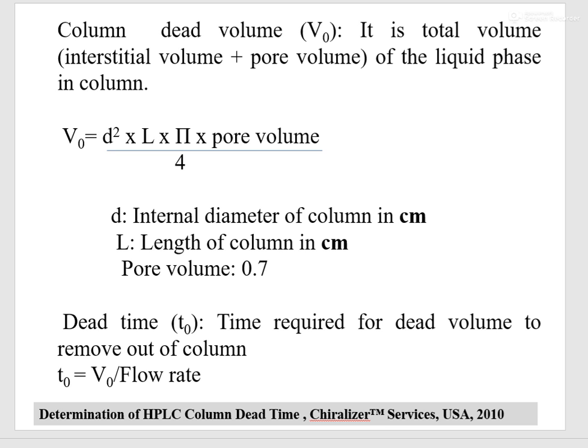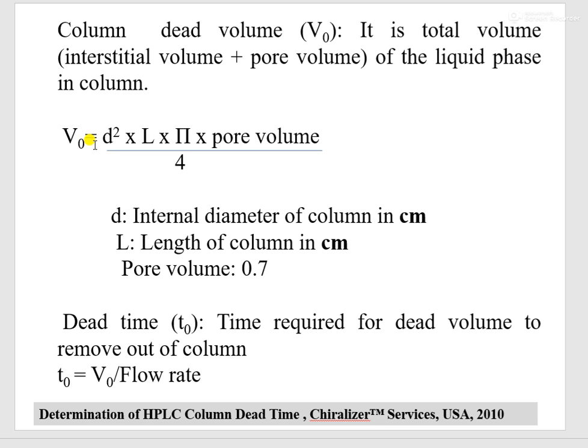Now coming to dead volume and dead time, this is a very important parameter with respect to method development. First we will see what is column dead volume and then what is column dead time. Column dead volume is the total volume of liquid phase that is contained in a column. So the total volume of mobile phase contained in the column will be constant for a particular length and diameter of the column. So you can calculate column dead volume